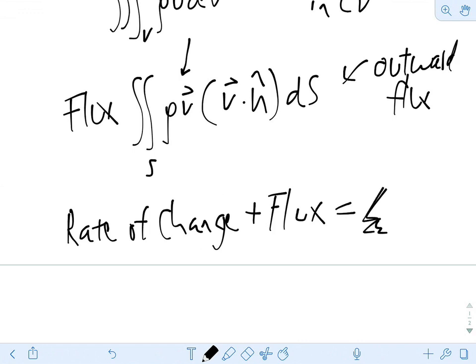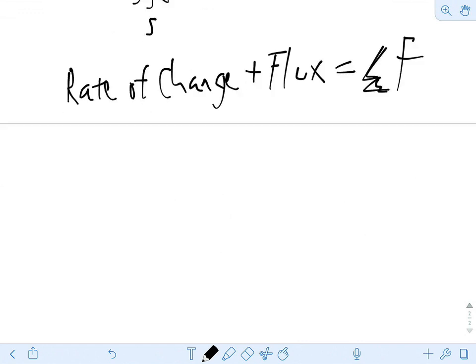Oops, it's supposed to be a summation sign. Sum of forces acting on the control volume. We're going to look a little bit more at these forces in a second, but let me just rewrite this so we have it. The rate of change, again, the partial derivative with respect to time of the momentum in the control volume, rho v dv,